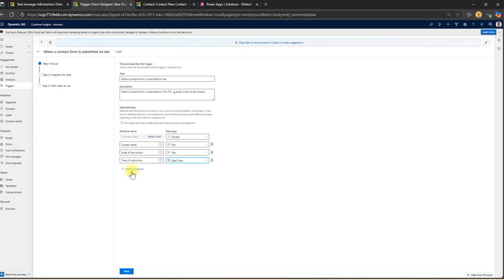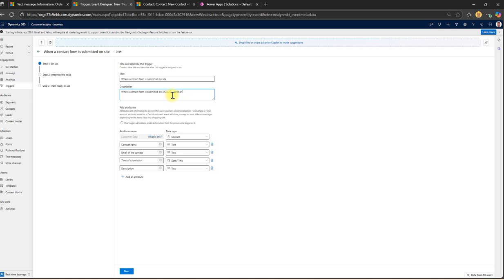And then once I'm happy with that, maybe in the contact form, you had a description field where the contact has added some description about why they're reaching out. I want to say give me that as well in the text. And I'm going to change the description here actually and say when a contact form is submitted on XYZ,